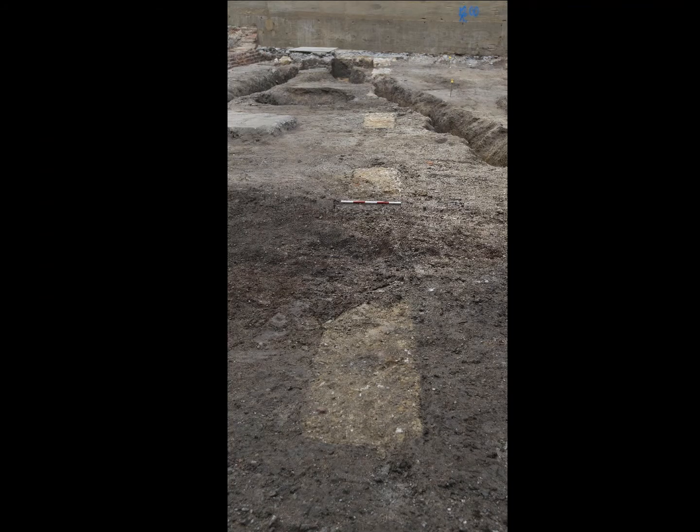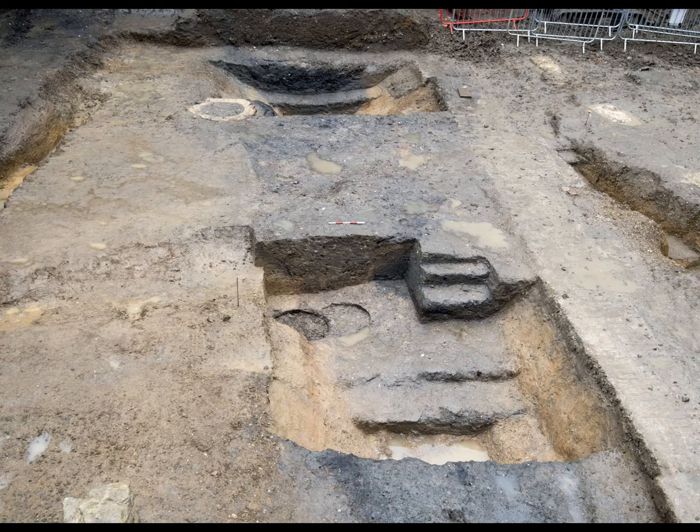And this photo's looking in the other direction, but you can still clearly see the rectangular bases of each arch. And this is looking west again towards the main road. Looking in the other direction again, on the right of the picture you can see the bases of the arches again. And then to the north of these we have this fantastic, enormous ditch which may have marked perhaps the edge of a property of one of these, which would have been quite grand medieval buildings on the main road